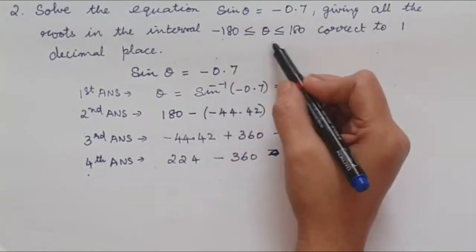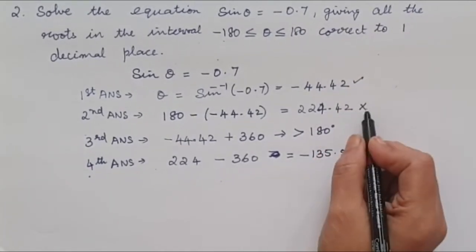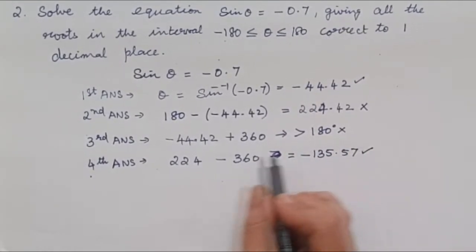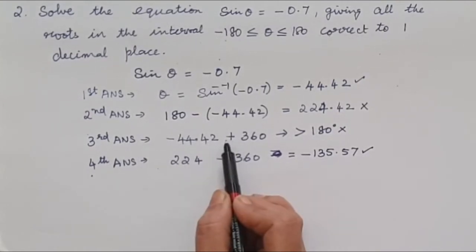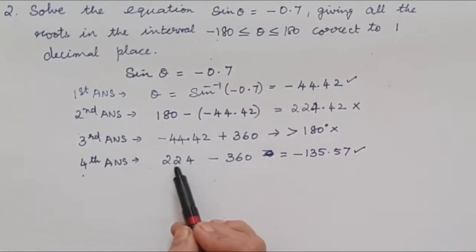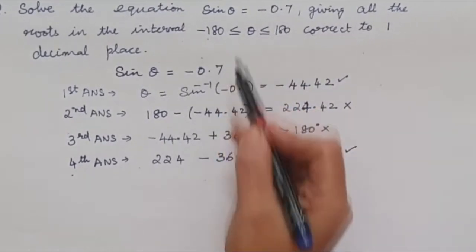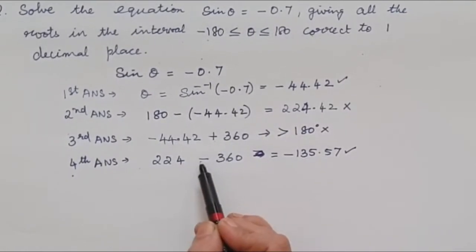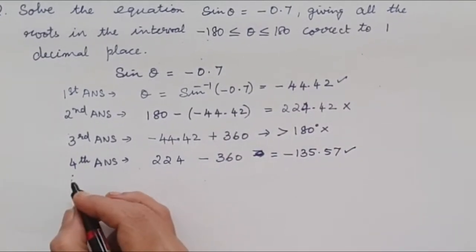So our first answer, is it in the range? We have to check whether it is minus 180 to plus 180. Yes, it is in the range. This is more than the range, so we are not using that. This one will also be more than the range. This one is in the range. You might think why I have not subtracted 360. If I subtract 360, it will be a much smaller value and it will not be in the range. If I add 360, then it will go above 180. Again, it will not be in the range. So according to the question, it can be plus or minus 360 with the first answer and the second answer, and we get what we need.